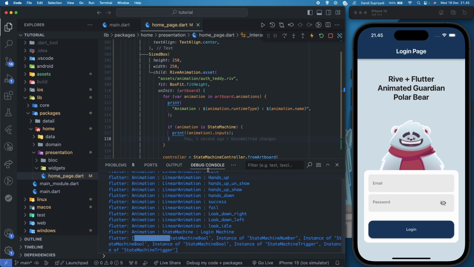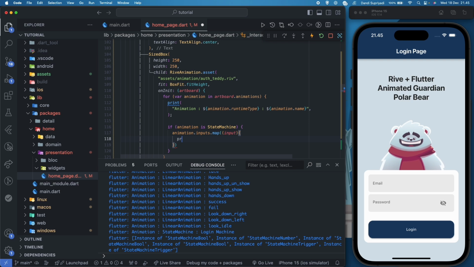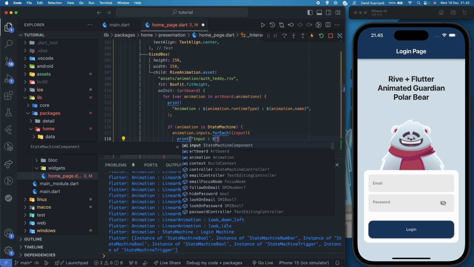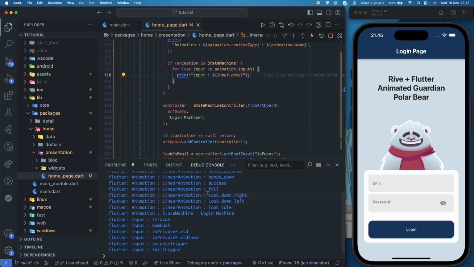So we have these inputs, and if we print the inputs, for each input, input dot name. If we refresh that, we also gonna have this input: focus, numlook, private field, yeah, all the inputs we have.